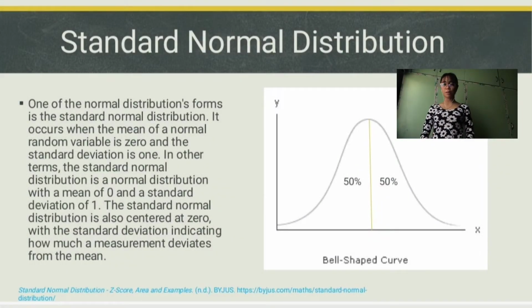First, let's define what is standard normal distribution. One of the normal distribution's forms is the standard normal distribution. It occurs when the mean of a normal random variable is 0 and the standard deviation is 1. In other terms, the standard normal distribution is a normal distribution with a mean of 0 and a standard deviation of 1. The standard normal distribution is also centered at 0, with the standard deviation indicating how much a measurement